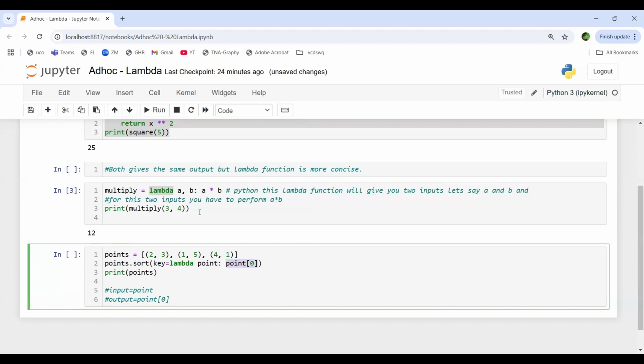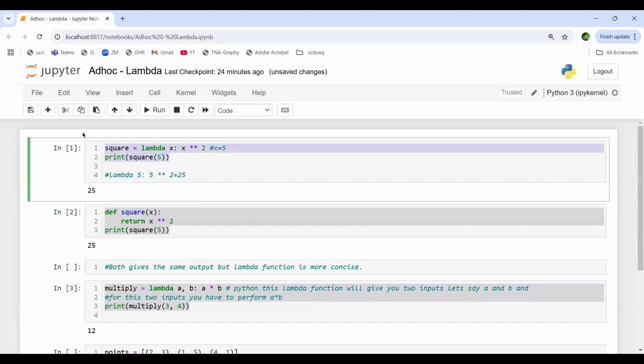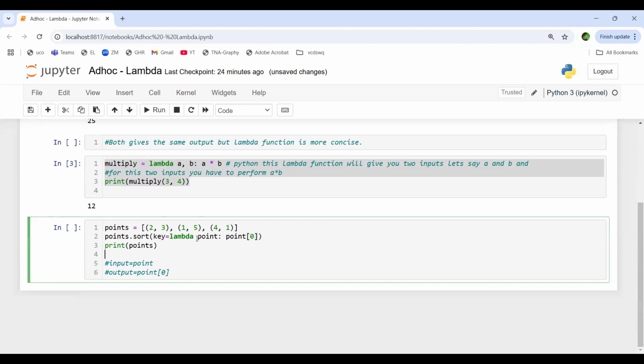Yes, Tanvir. What is the input in this example? A, comma B. Its output is A into B. Okay. What is the input here? X. What is the output? X into X, X to the power 2, that's the square. All right? Okay. Similarly, here the input is point. So I am telling Python, that Python I am